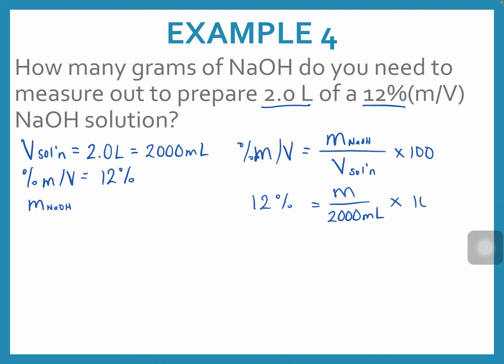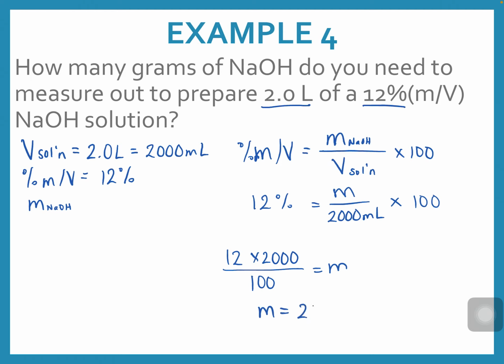And I forgot the times 100. So this is a division by 2,000, so I'm going to multiply by 2,000 to move it over. Multiply by 100, I'm going to divide by 100 to move it over. So I have 12 times 2,000 divided by 100 is equal to the mass of sodium hydroxide. And once I calculate that, mass is equal to 240 grams of sodium hydroxide. So I would need to dissolve 240 grams of sodium hydroxide in 2 liters to create a 2 liter solution that is 12% mass by volume